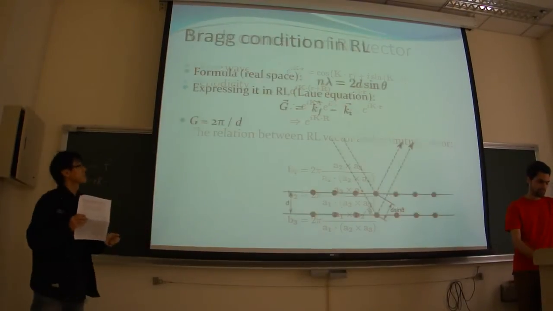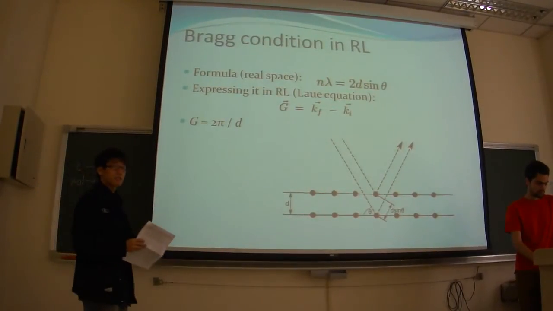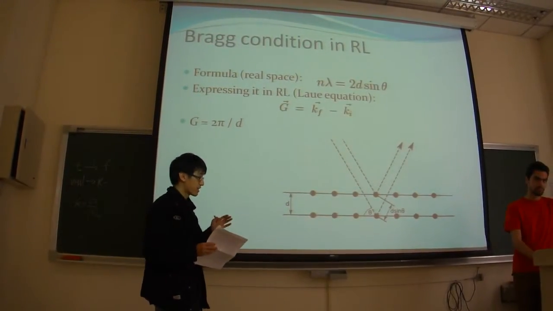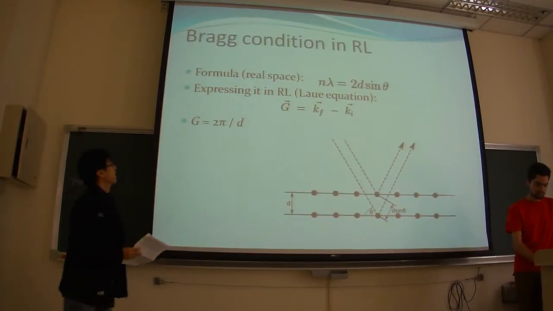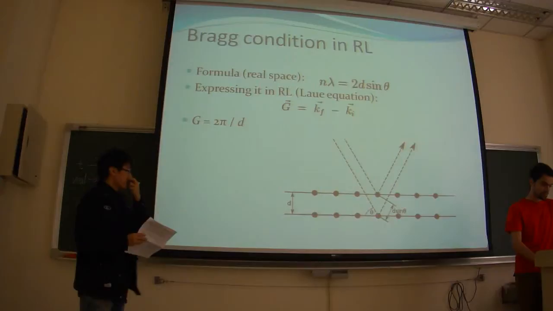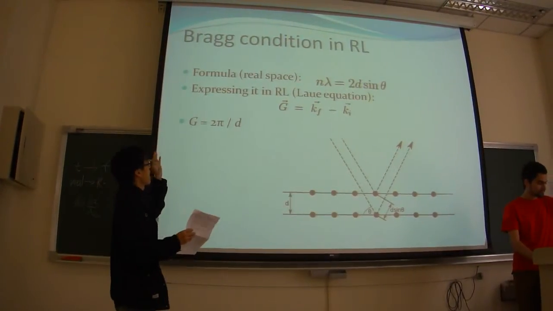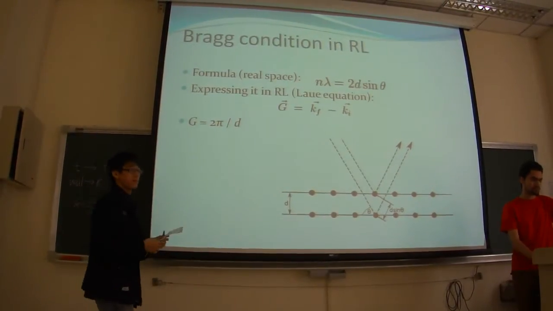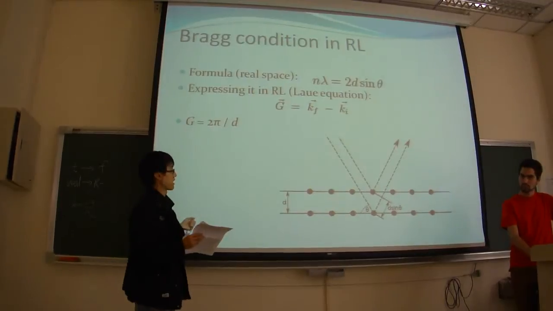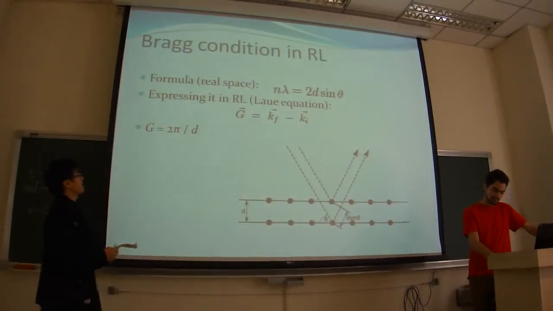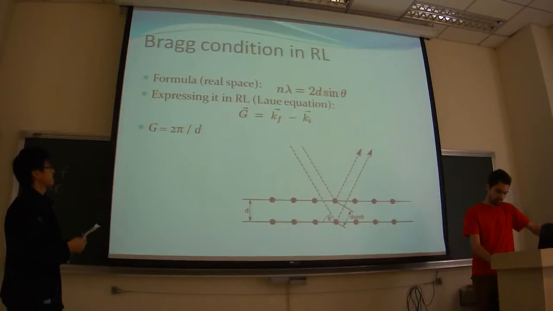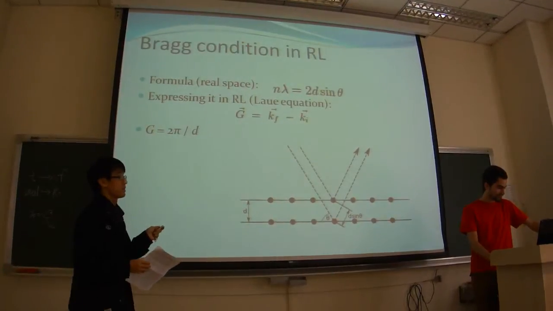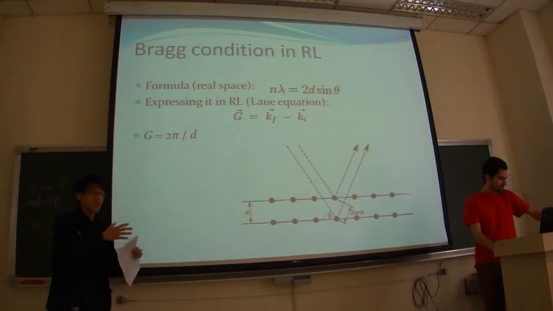So next one. Because we are talking about the condition under which the light can go through the LED to the air, right? So we have the cross condition here. We have to express it in the RL space. I believe most of you are familiar with the first formula, right? It's like this. So how do we interpret it in K-space? First, you have the K initial, and because the light will interact with the